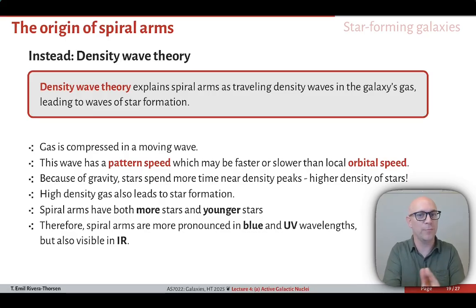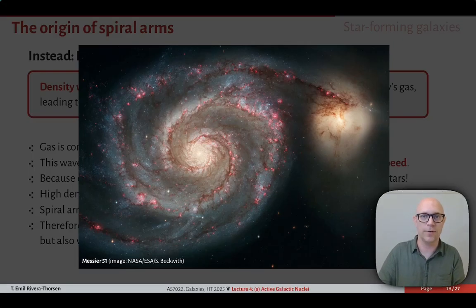And they also live much shorter, right? So the younger stars that are formed do not have a lot of time to disperse out into the disk the same way that the more low mass stars can. So they live and die inside these density waves, leaving only a less luminous population of stars behind that is more smoothly distributed through the disk. So therefore, the spiral arms are more pronounced in blue and ultraviolet wavelengths, but they are also visible in the